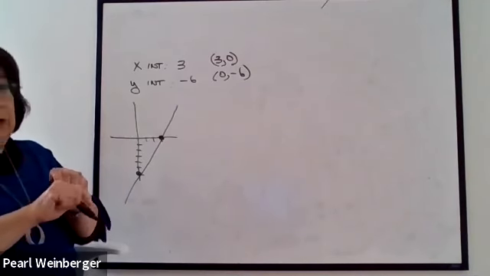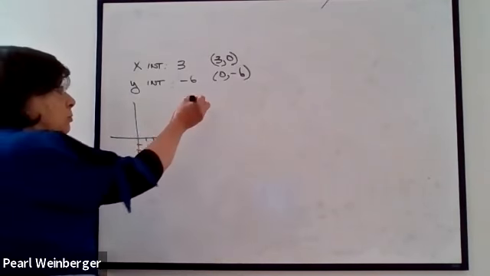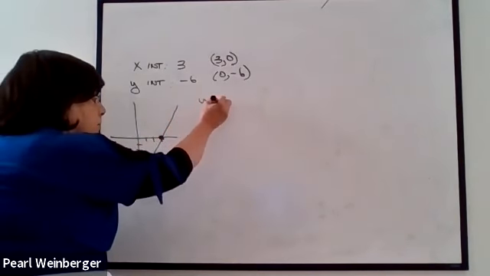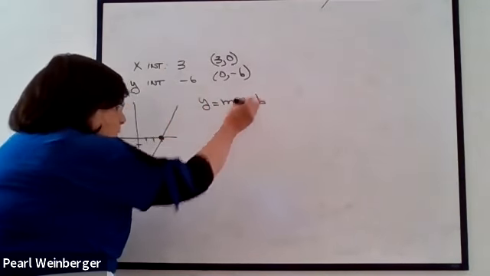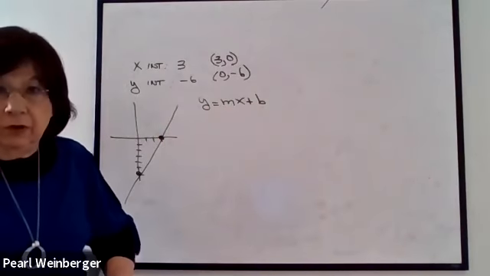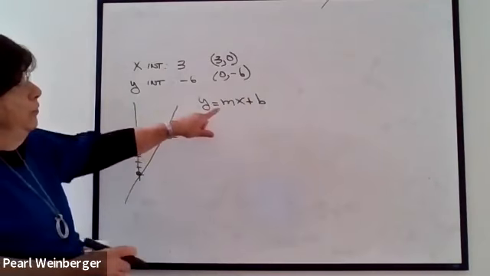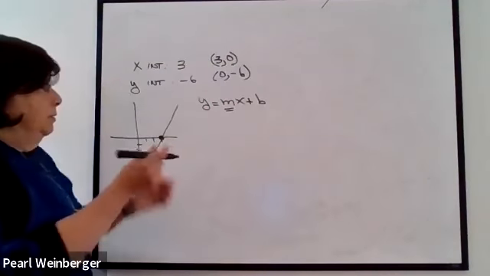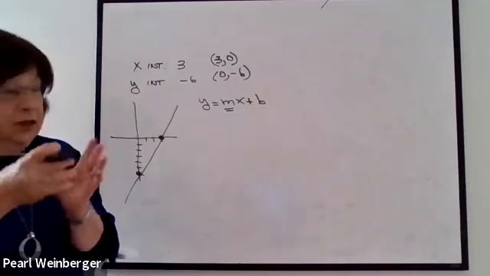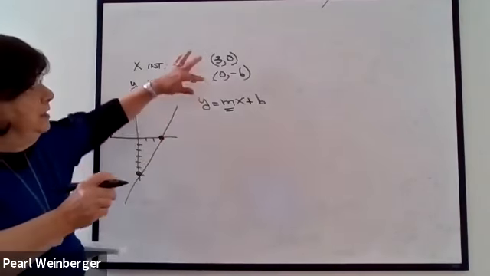Again, whenever I ask for the equation of a line, I want to go to the y equals mx plus b form. I want to write the slope-intercept form of the line equation. And first thing we want to do is find the slope. Now, in this case, they didn't tell me about parallel or perpendicular, anything like that, but they did give me